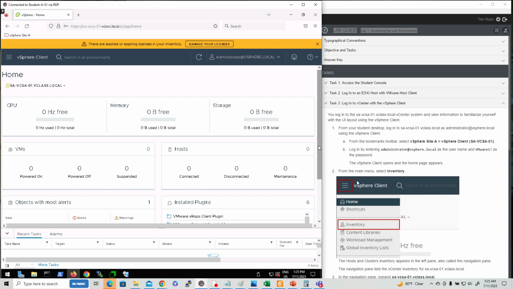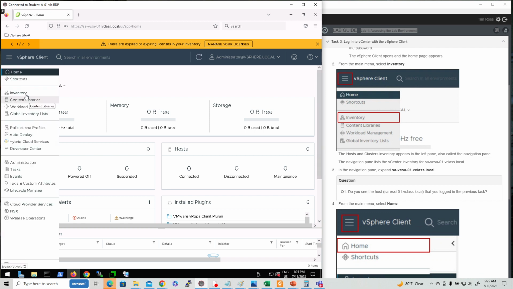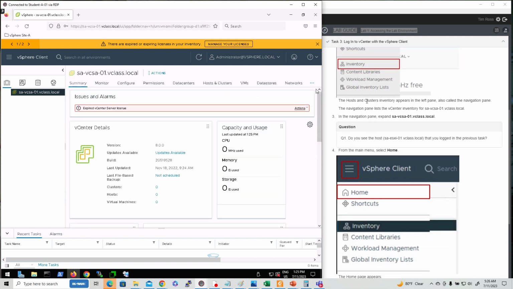From the main menu, and that's in the upper left, click inventory. So we go here and click inventory. The host and clusters inventory appears on the left. So this is the host and clusters view, this icon. If you click here, it changes to VMs and templates. This is the storage view, and this is the networking view. Not a lot of changes over here because we don't have things configured yet. But click back on the host and clusters view,